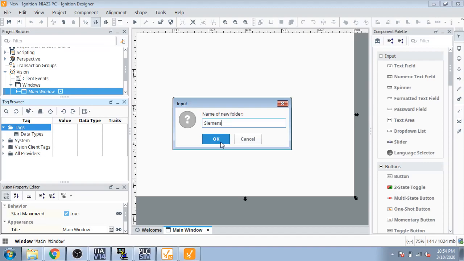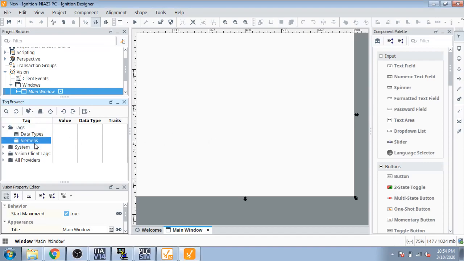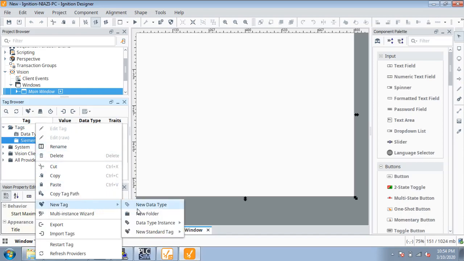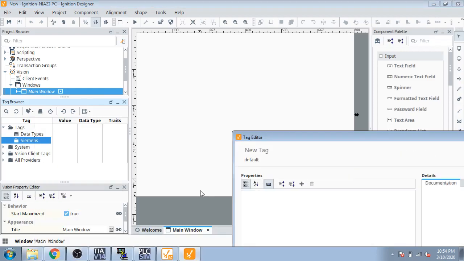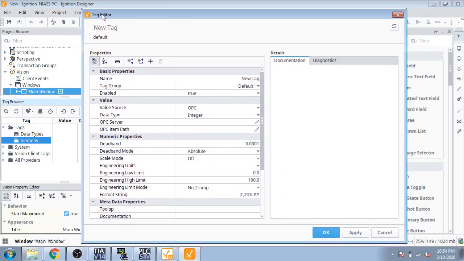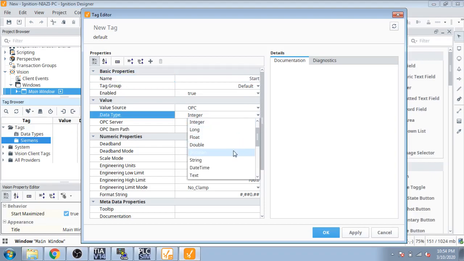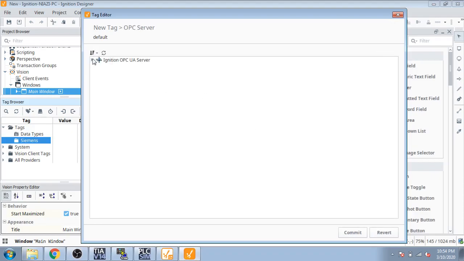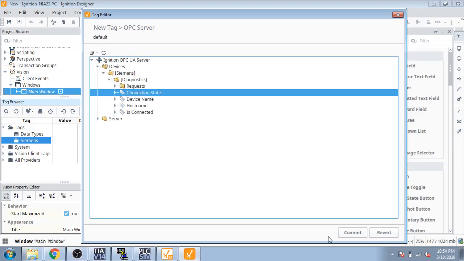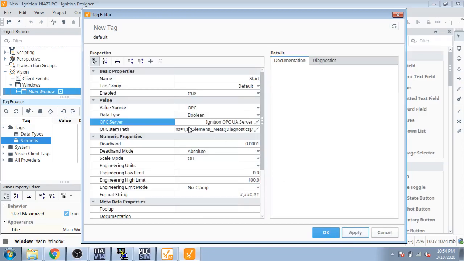I am going to type Siemens and OK. Now I am going to create a new tag, and we are going to create my OPC new standard tag, an OPC tag. Now my tag is coming, and I am going to name it Start, and I am going to select Boolean, and now I am going to select it from OPC UA server. You can see I commit it, and I am going to enter my tag